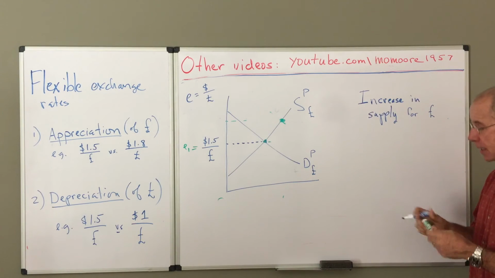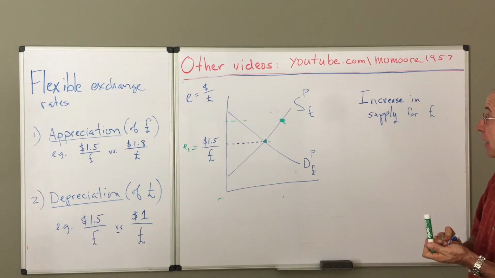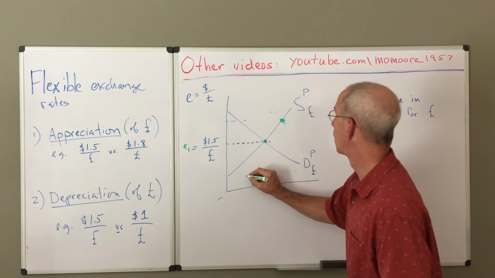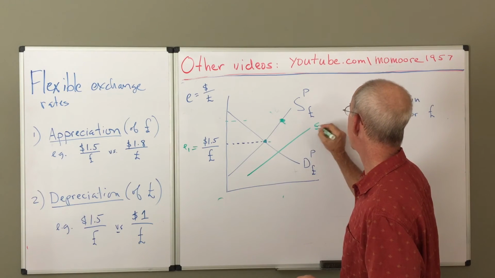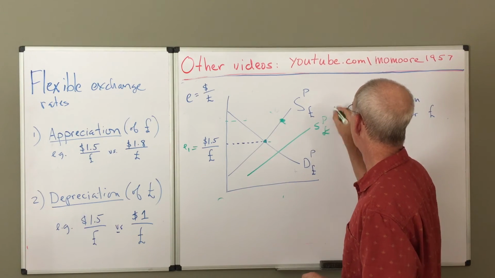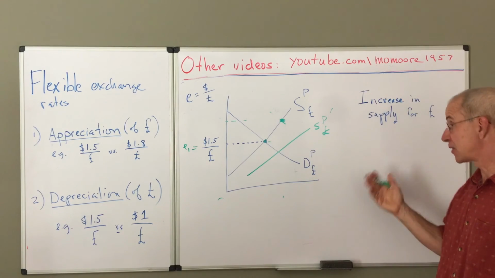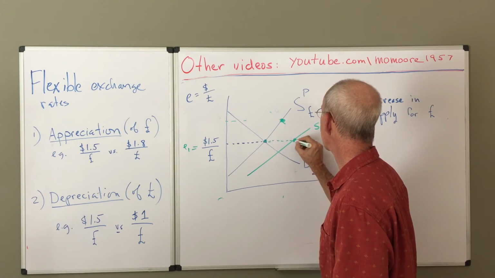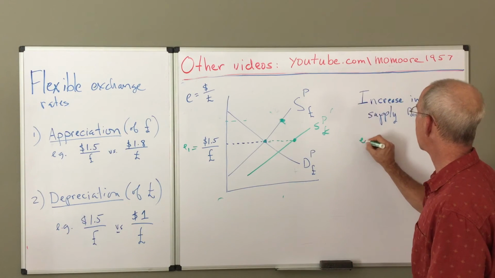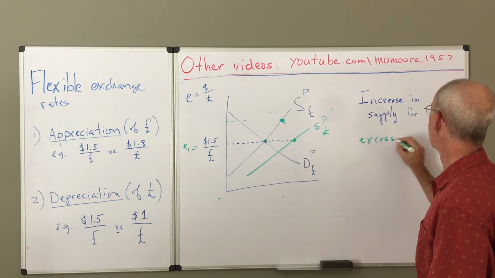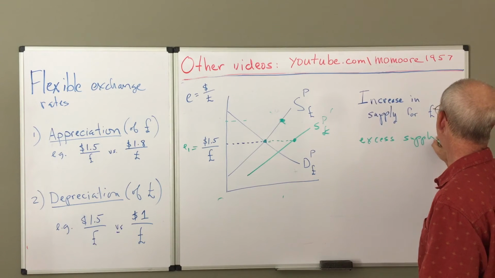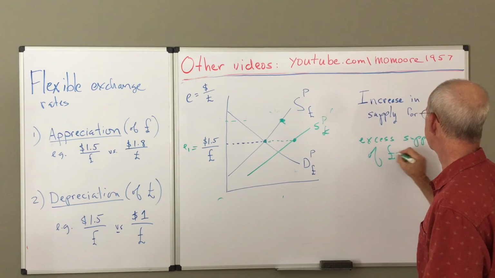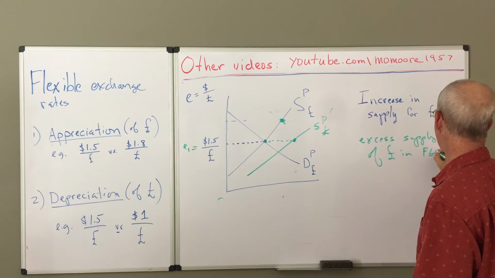And that increase in the supply of private pounds shifts that supply curve out. And similar to what we had before, at the initial exchange rate, you've got an excess supply of pounds in the foreign exchange market,